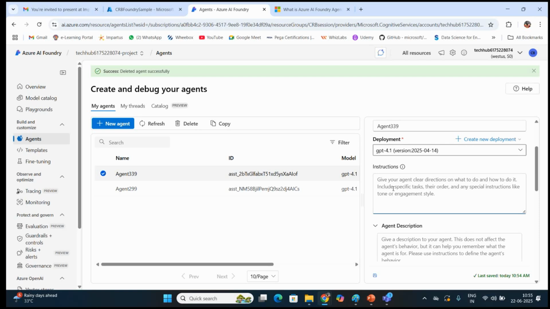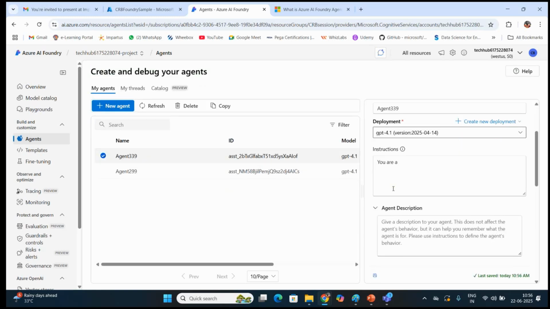What do we mean by clear instruction? Whenever you want to achieve something, like, you are a travel assistant who should help in booking tickets, tracking the same, and send the reply, send the booked tickets to the user.